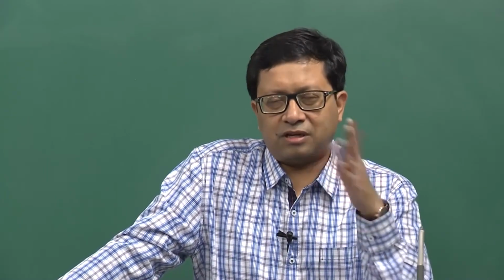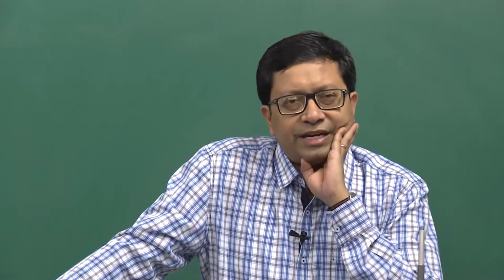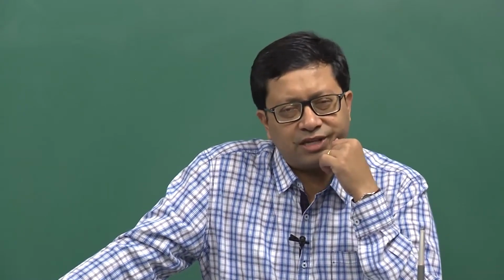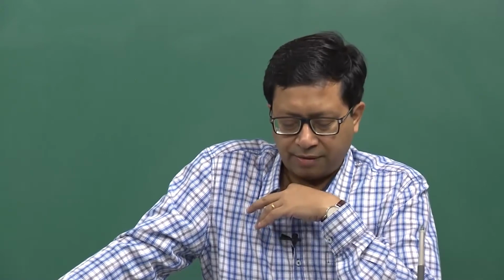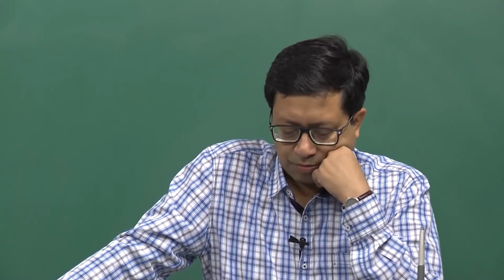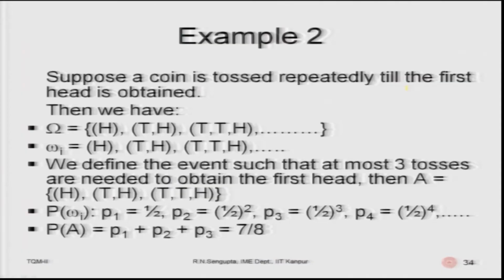So, it should be basically a combination of all the points. So, the third point would be TTH, the fourth point would be TTTH, and it continues till infinity. Now, if I want to find the corresponding probabilities, we need to define an event that at most 3 tosses are needed